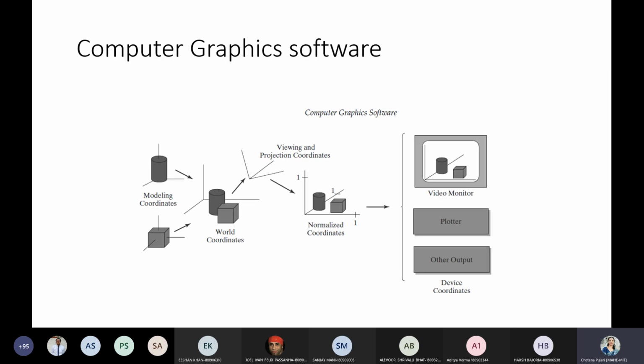Okay, so next is computer graphics software. Your computer graphics software is divided into 2 classes.